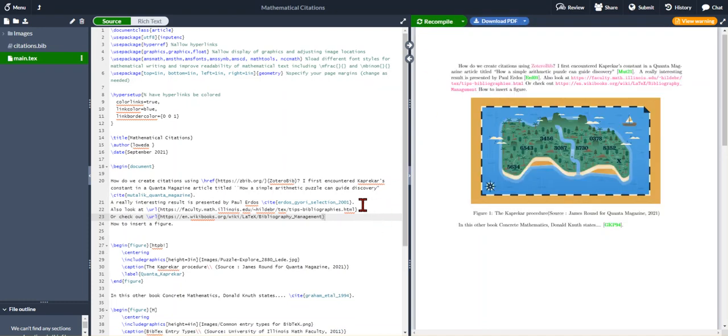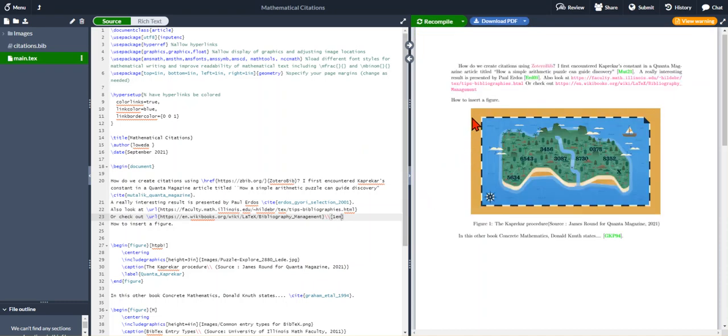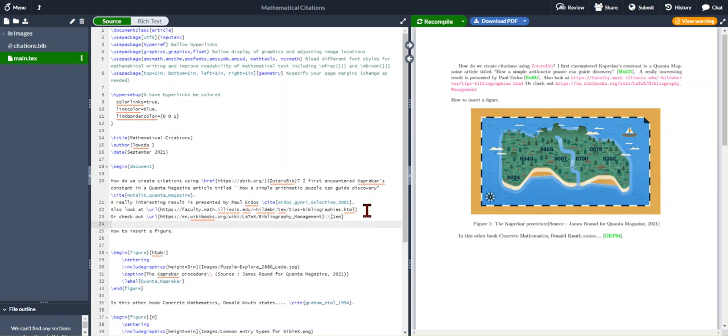Okay. Now, one way I can control that is to use the double backslash to create a line break. So now how to insert a figure is on its own line. And if I want to adjust how much space there is in that line break, I can set up the space of an M, for 1M. But if I then also create a line in between,